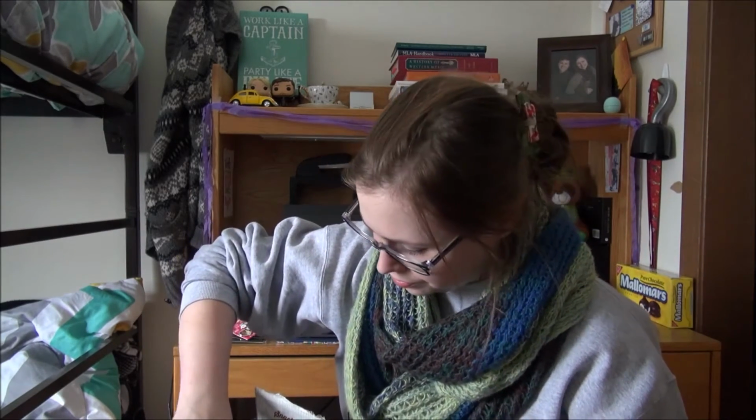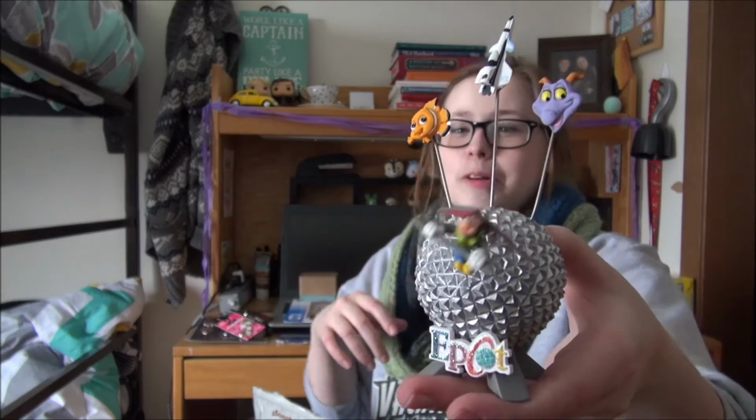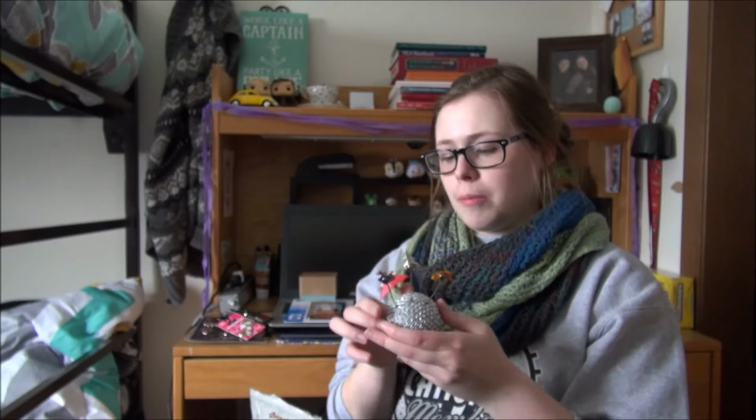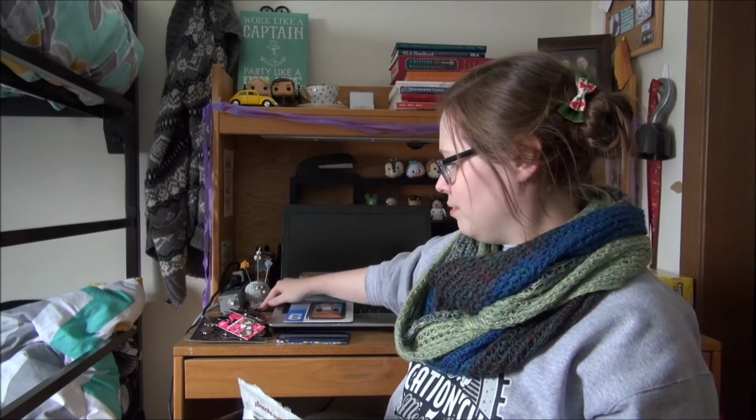Speaking of Epcot, I got this for my Spaceship Earth collection. It's got a little Mickey and Pluto, which is just adorable, and it's got a little Nemo and a little space shuttle and a little Figment to represent Future World attractions. I have not been buying this for years. It holds cards and stuff, but Frank convinced me that I needed it for my Spaceship Earth collection because I own everything else Spaceship Earth, which maybe I'll do a video on sometime, but